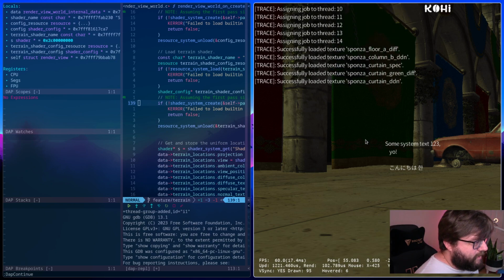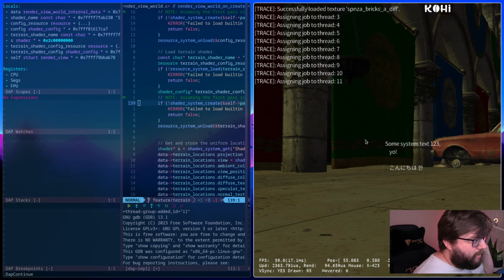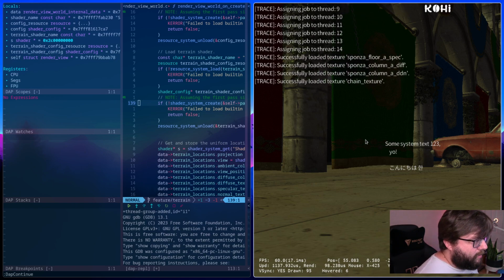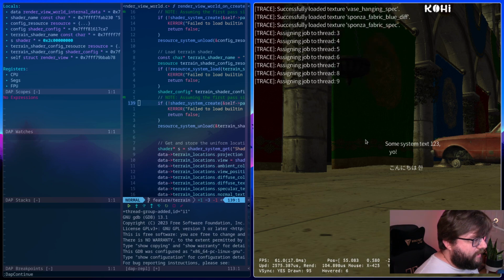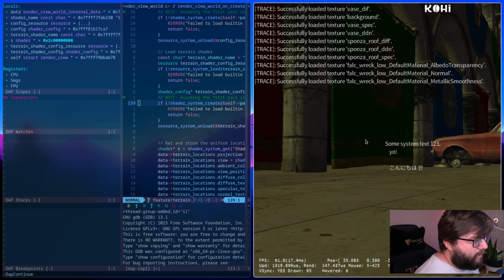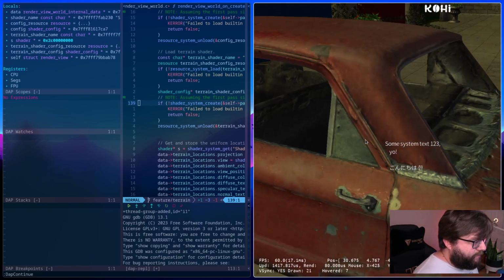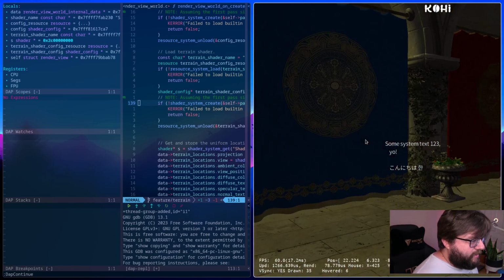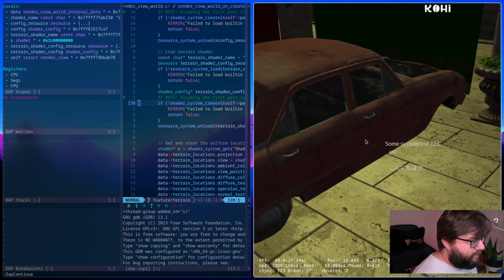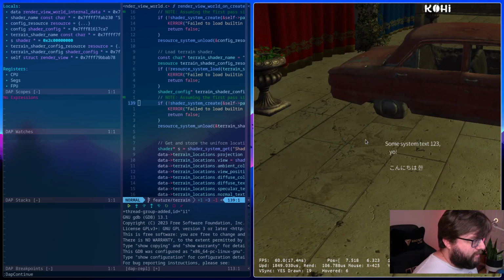Nope, I don't see anything here. I don't see anything. Should probably make that scroll a little bit faster, I suppose. Okay. So we're still not rendering for some reason. I'm not entirely sure why.